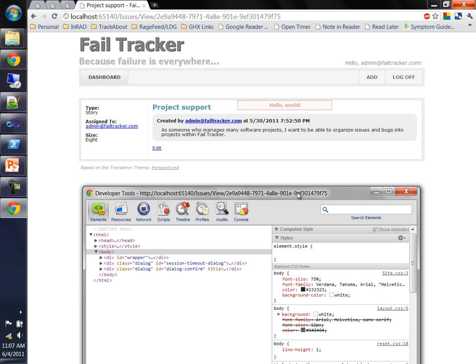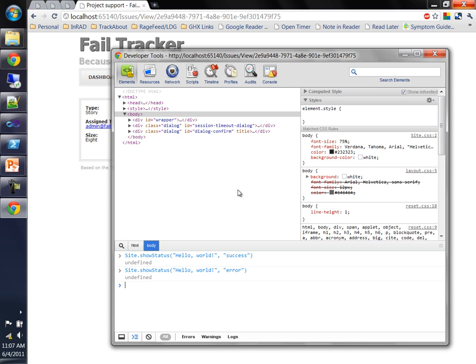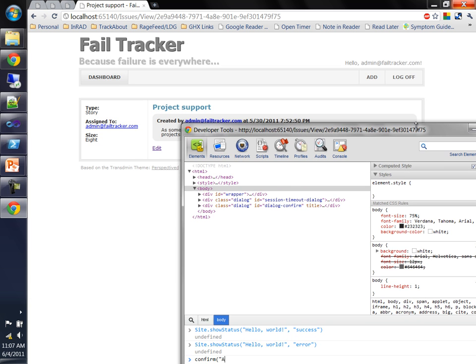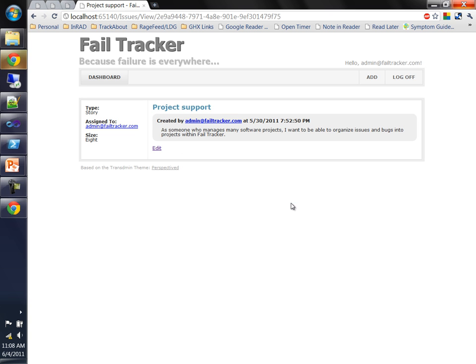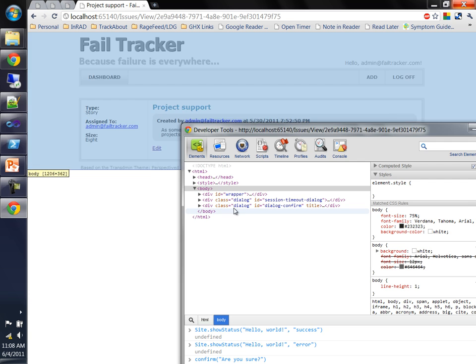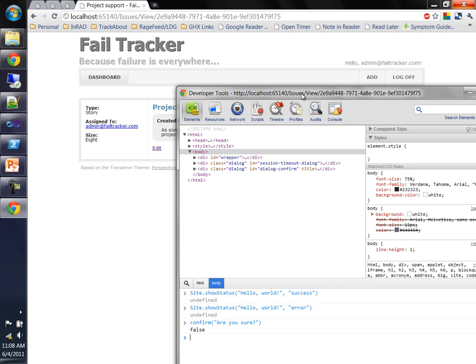Another thing that I've added to Fail Tracker, and I've had to do this in a few other applications, is overriding the standard confirmation dialog. So let's look at this. Everybody's used the confirm function in JavaScript before, right? It gives you this ugly pop-up that says, are you sure? Yeah, I hate that too. So what I've done instead is I've pushed into my framework